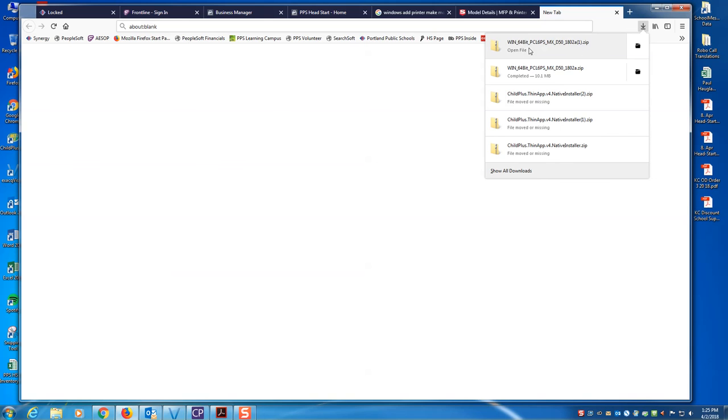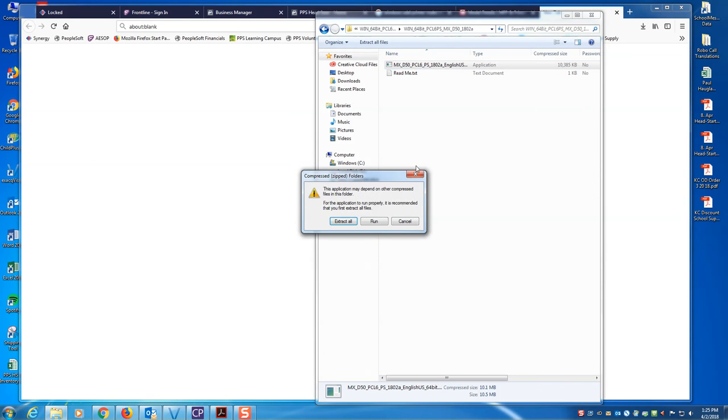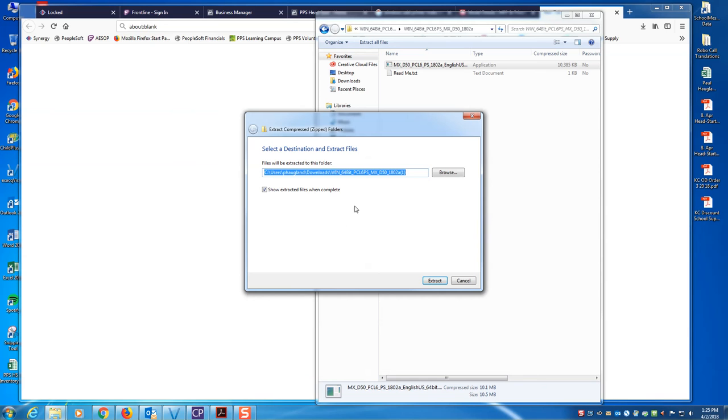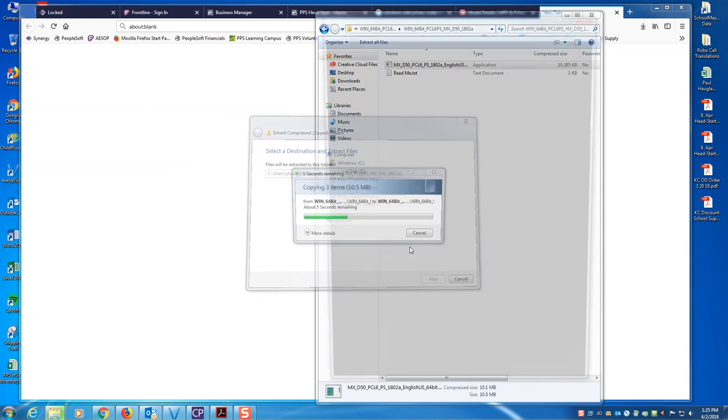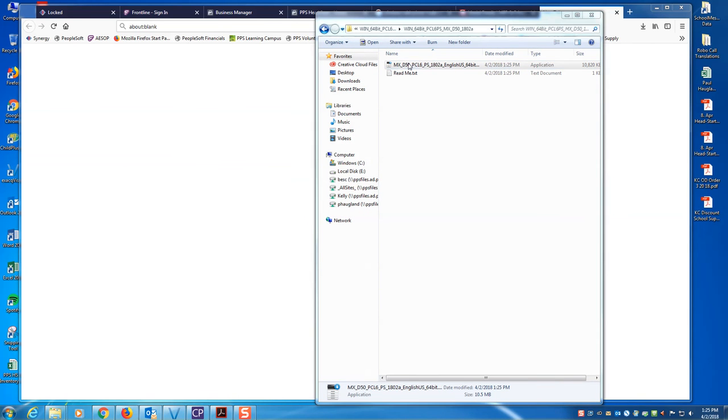Can you access the file right here? Double click again, extract all, then type in extract, push extract. Okay, then you'll want to click on the folder again. So it's installed, so now you're running the program. Click yes,